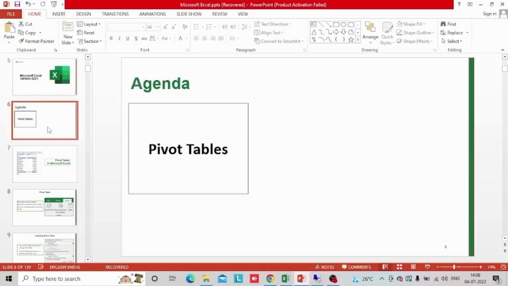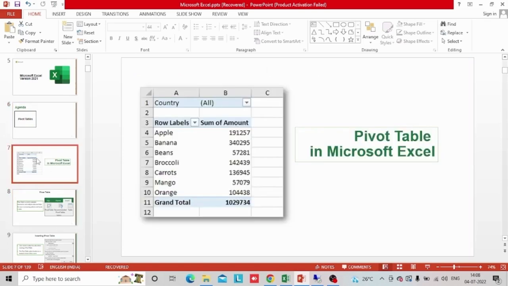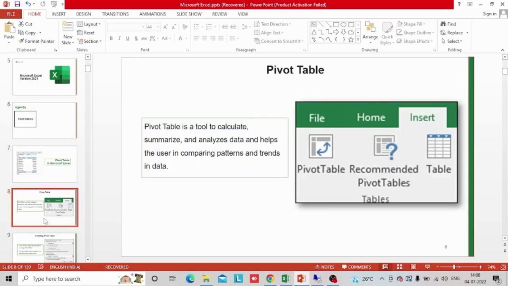Agenda for this video is pivot tables. So what is a pivot table, and what is the difference between a normal table and a pivot table? Let's understand that. So this is how a pivot table looks in Microsoft Excel. A pivot table is used to calculate, summarize and analyze data and help the user in comparing patterns and trends